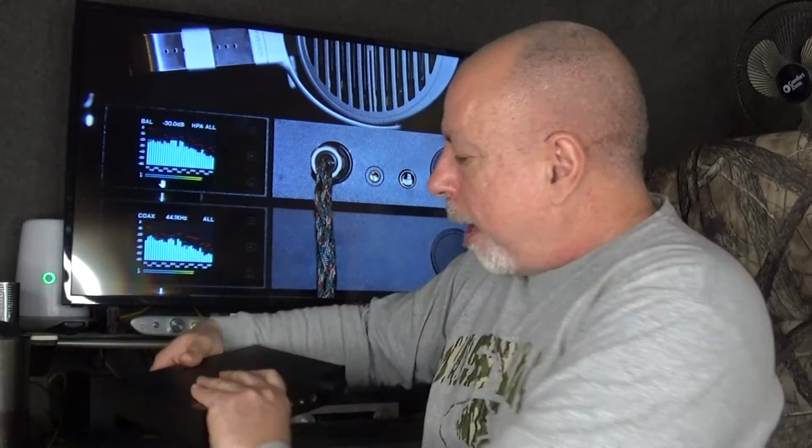So anyway, before I get into the sound, I did want to mention the equipment I've used with this. So far I haven't used the USB input. I've been primarily using the digital coax input, and I'm feeding that with a Cambridge Audio CD transport. And then the primary headphones I've used so far in my first impressions of this are the HiFiMan HE1000 SE and the HiFiMan Susvara. And so getting into the sound,